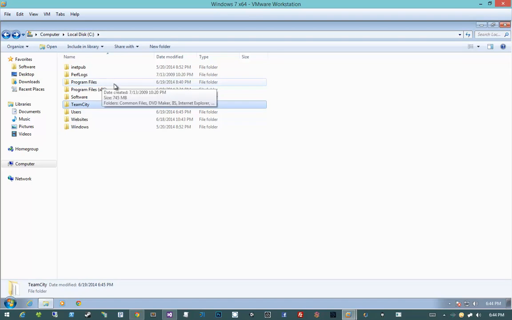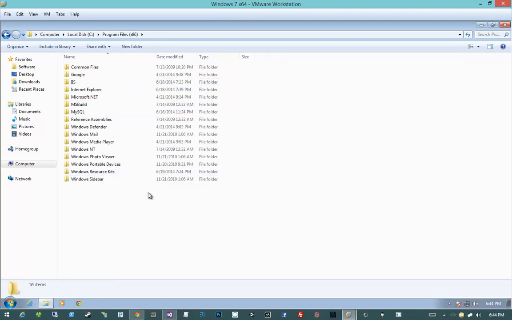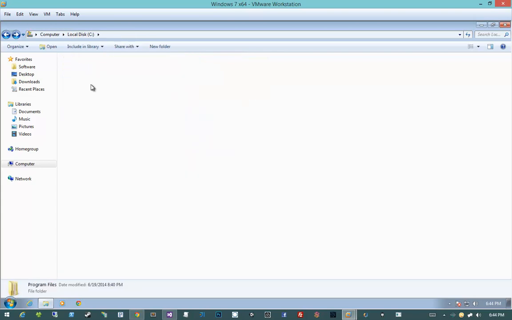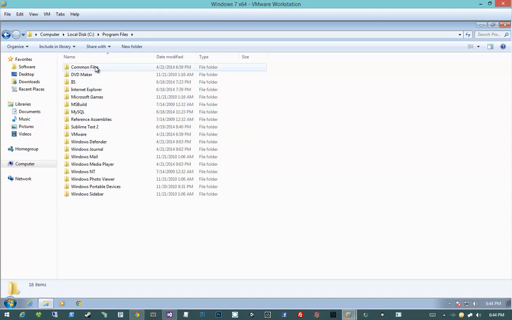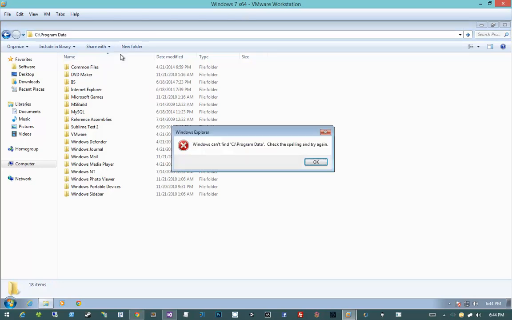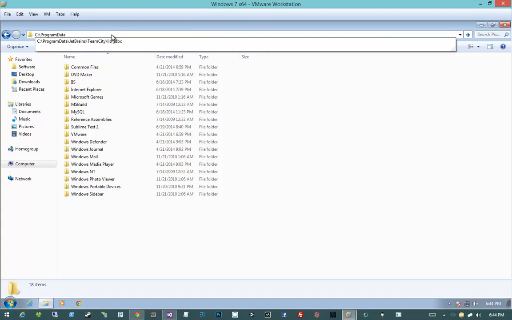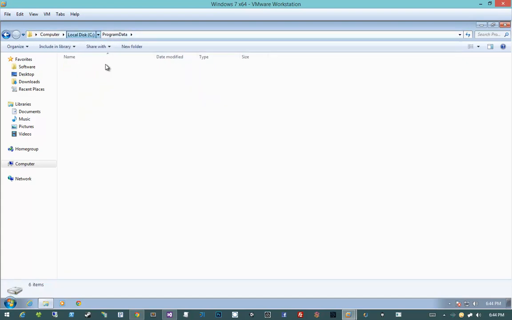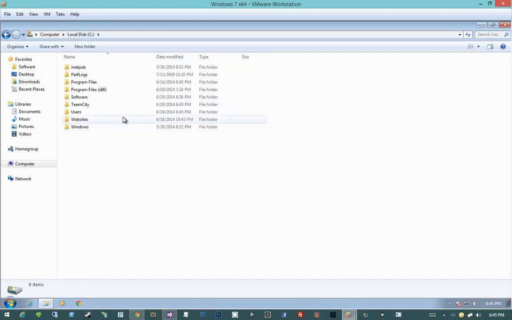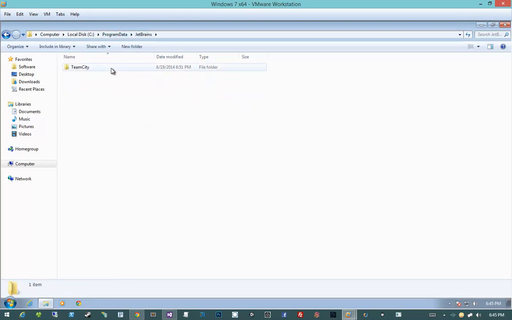So it's not there. Let's go ahead and go into our program files and see what we can see here. I don't see anything interesting. Let's open up our other program files folder. Don't see anything interesting there either. So it could potentially be in program data. So I'm going to open up program data. So that's C program data. I believe program data is going to be a hidden folder by default. So we can get into it like that. And we can see JetBrains, which is the creator of TeamCity. We'll go into TeamCity,